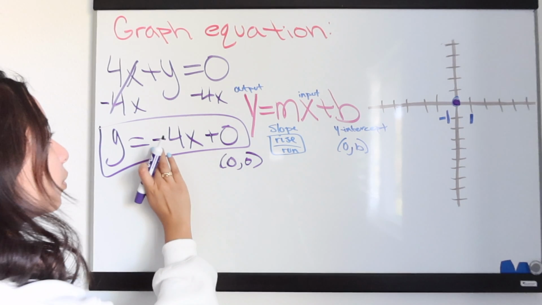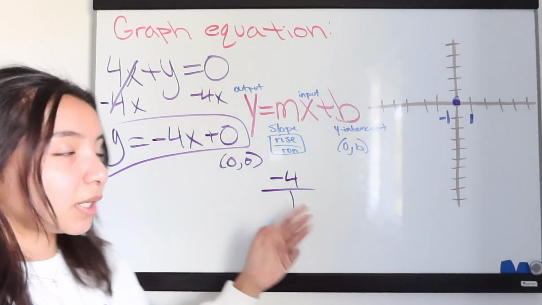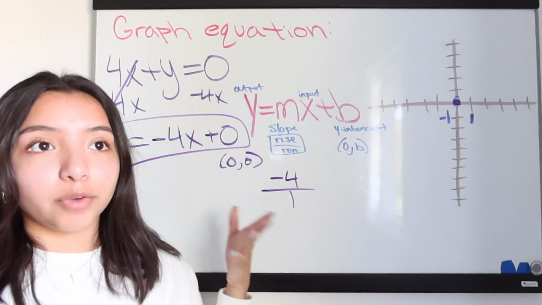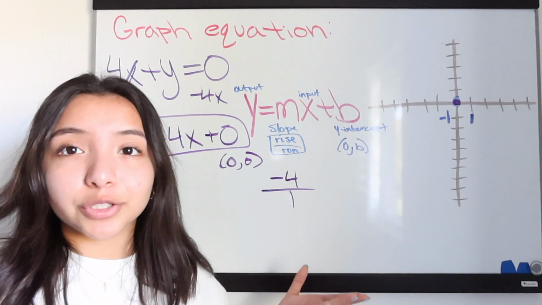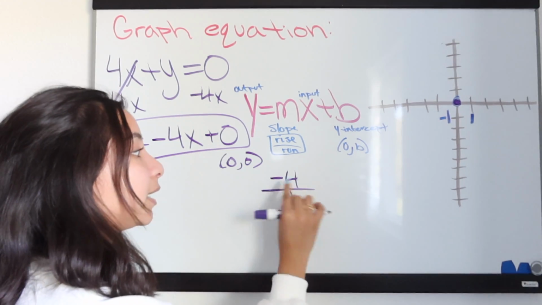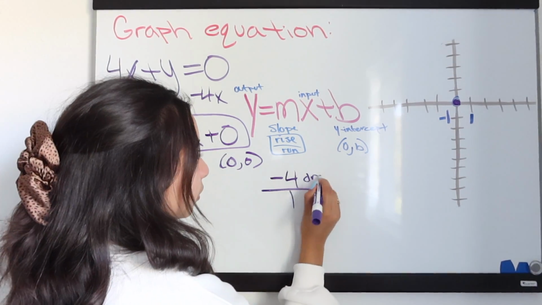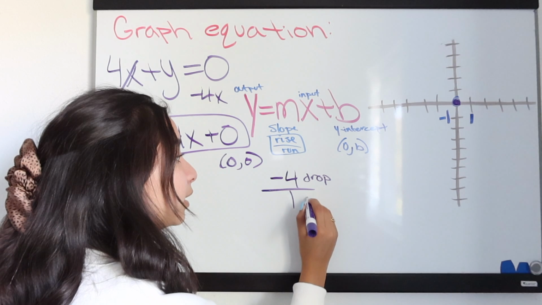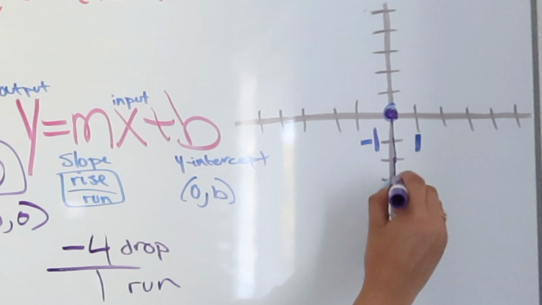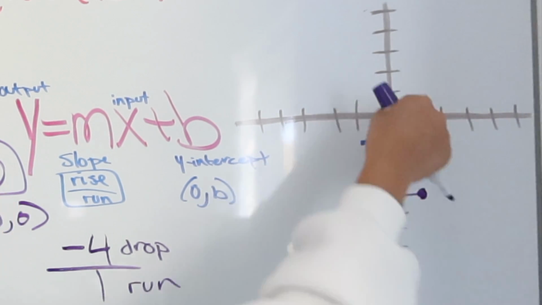We find the next point by turning negative 4 into a fraction. So we can do negative 4 over 1, because negative 4 over 1 is just negative 4. Whenever your slope is not already a fraction, you always just put a 1 under it. So we're gonna rise, or in this case, since it's a negative, we go down. So we're gonna drop 4 units and run 1 unit. So let's drop 4 units. So we're gonna go 1, 2, 3, 4 and run 1. So we went -4,